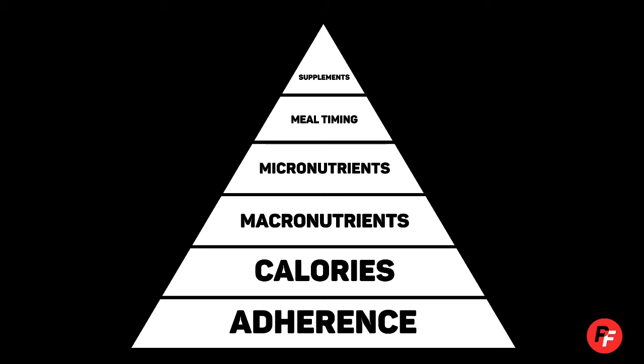As you can see, there are a number of layers to the pyramid, and importance is based on the base being the most important and getting less important as we move on the way up. So there are 6 different tiers. We have adherence at the bottom. We then have calories, macronutrients, so our carbs, fats and proteins, and then we have micronutrients, meal timing, and finally